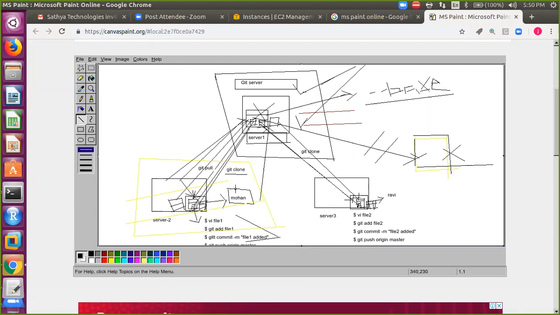So we are setting up passwordless authentication from user Mohan to user git on server 1, to perform all the Git related commands without entering any passwords.